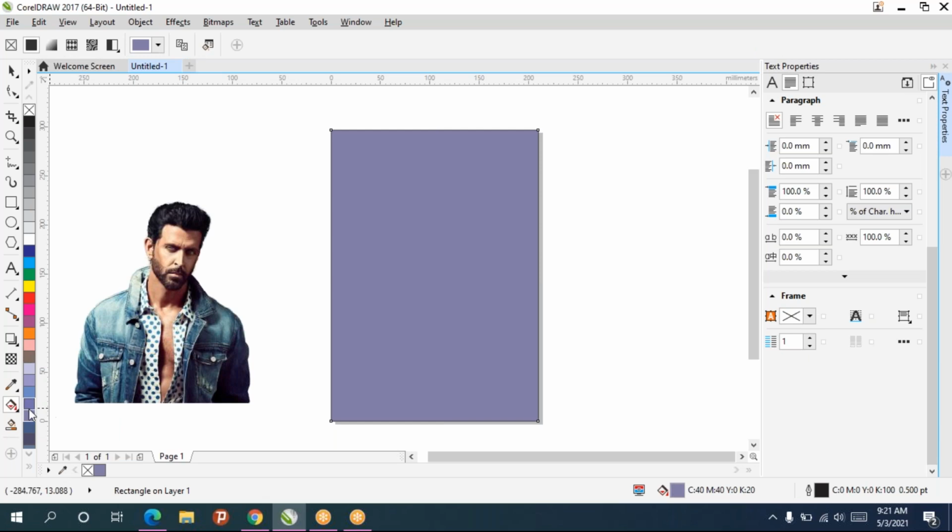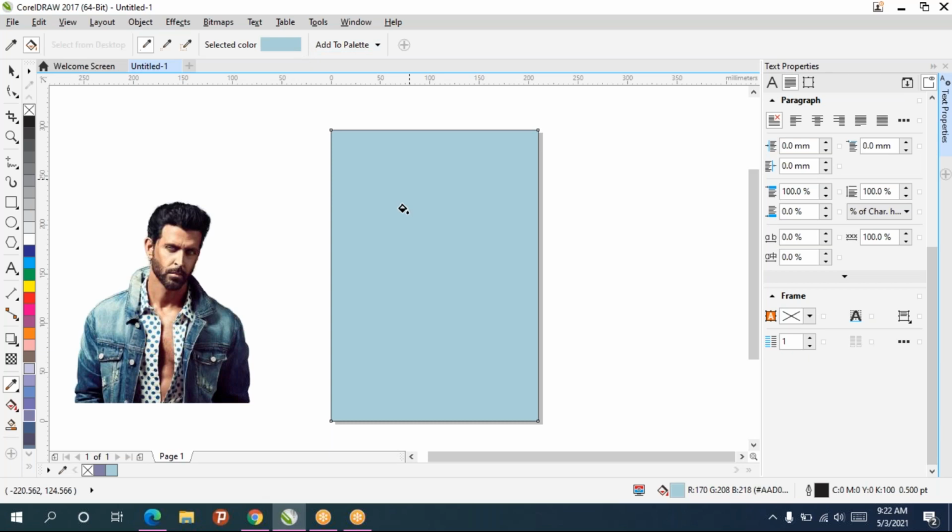Interactive fill. Below it the eyedropper tool will be there. The eyedropper tool is like in Photoshop. Just click on a color and automatically the color will be selected, so that color you can fill anywhere. That is the use of the eyedropper. After clicking the eyedropper tool, on the top you can see the eyedropper, and this symbol is to select the color you want. Example, exactly this color I want, then selected, and it will ask where you want to apply, then apply.